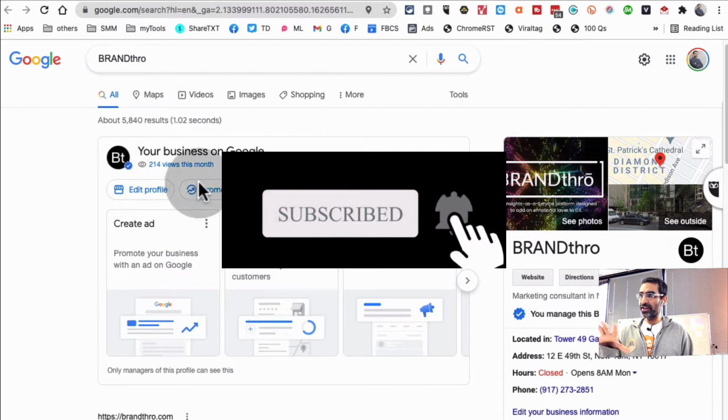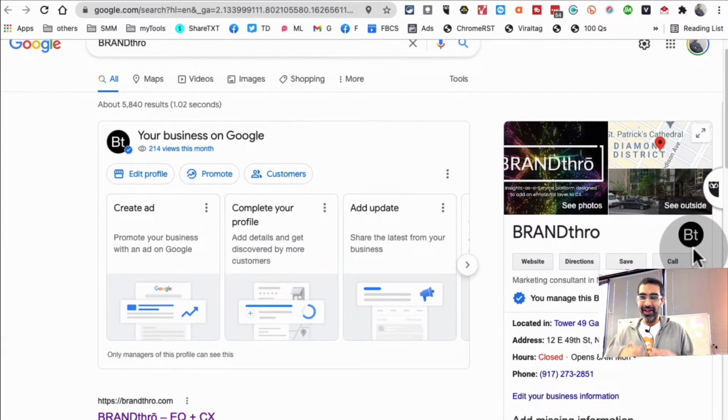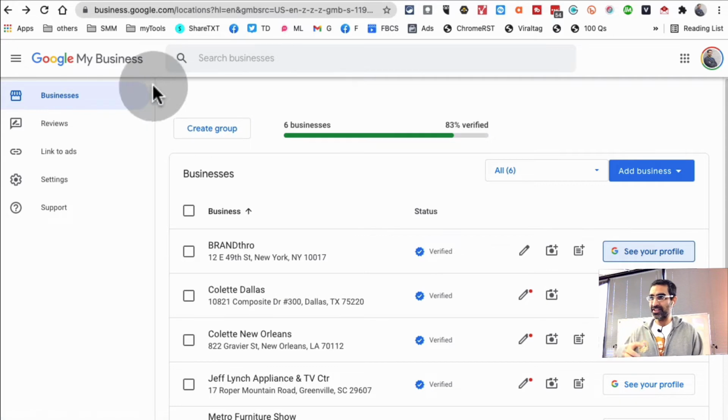Okay, now let's jump right into this. So here's the Google My Business page of one of our clients that we manage. And I'm talking about this logo right here, this small thing right here. This was outdated. We had a logo from many years ago, and then we updated it, and here are all the steps. So what you're going to do is log into your Google My Business,